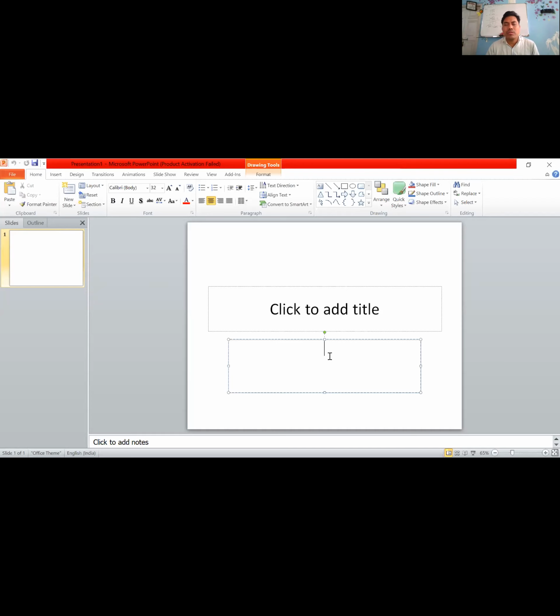We may have many other software also, but this is the most powerful, because maximum countries are using MS Office, isn't it? And they are using MS PowerPoint. There may be some other software also. You can see in chapter number 7, page number 132, there are some names given.